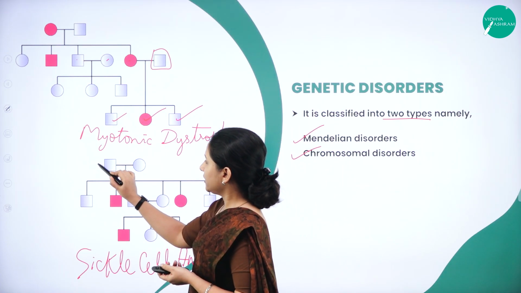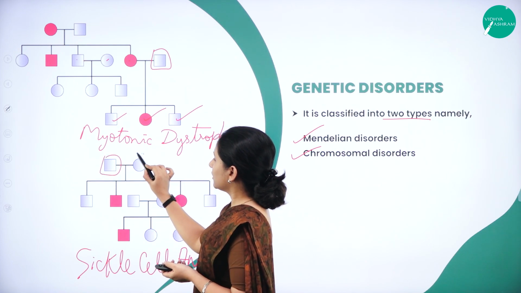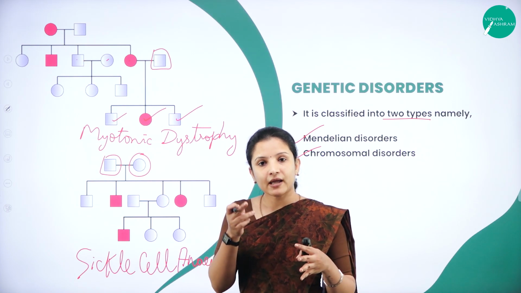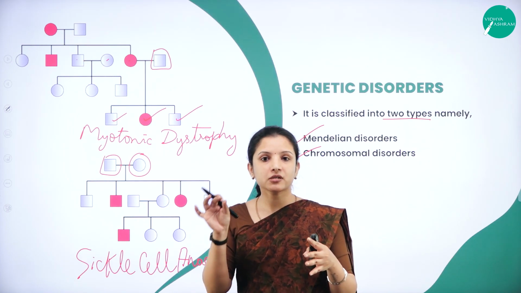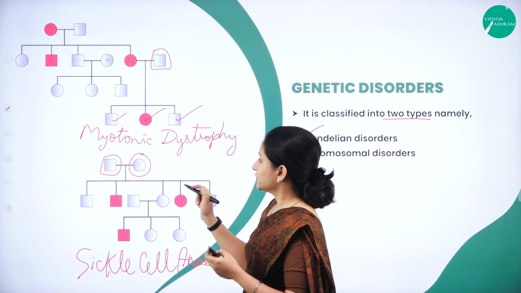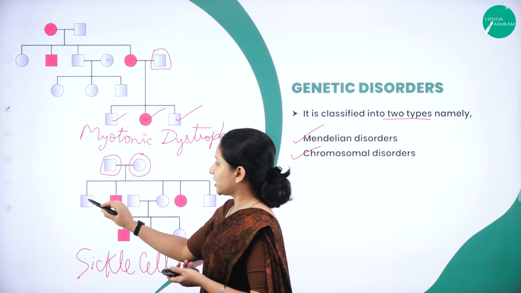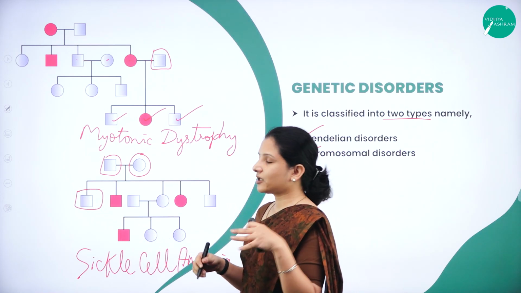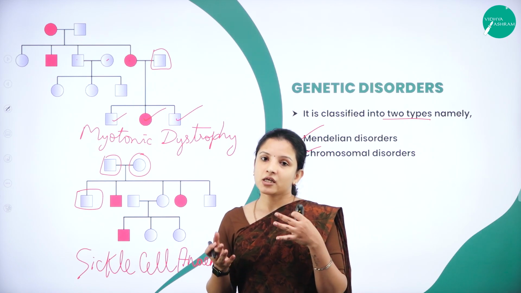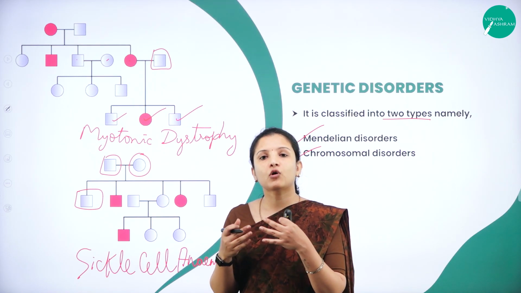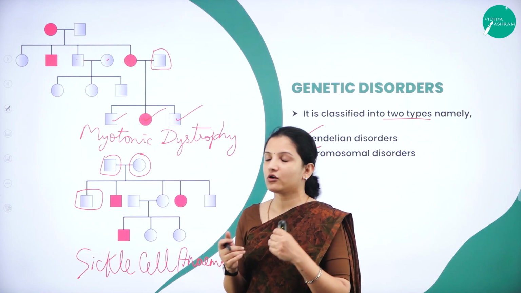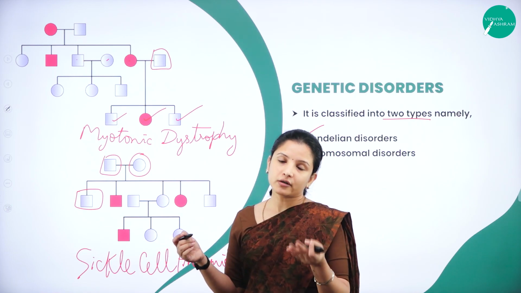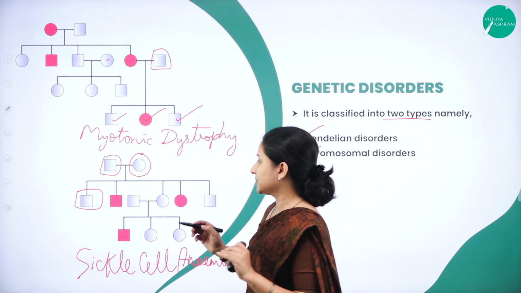So here, this is a normal male, a normal female, both do not have the disease. They don't have the disease, but they have the chromosome that is carrying the gene responsible for the disease. So what happens when they mate? In the resulting progeny, if it is a male child, he may be free of the disease. There are possibilities. It is not necessary that he should get the disease. It depends on what kind of chromosome he receives. Whether he has received the abnormal chromosome, then he will develop the disease. If he has not received the abnormal chromosome, then he will not develop the disease.